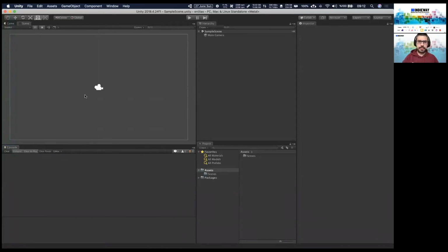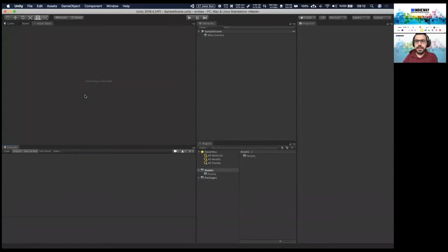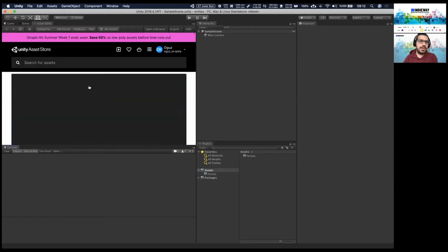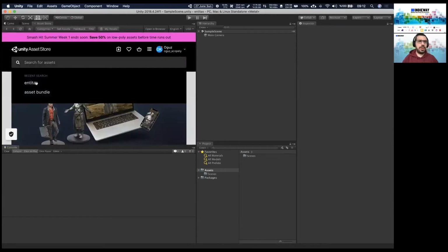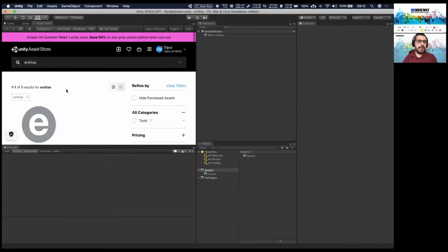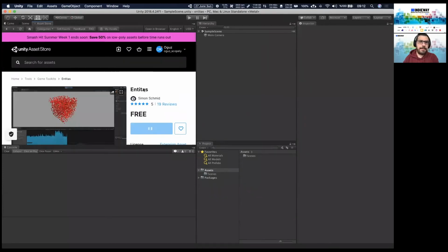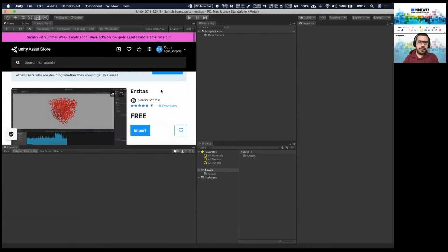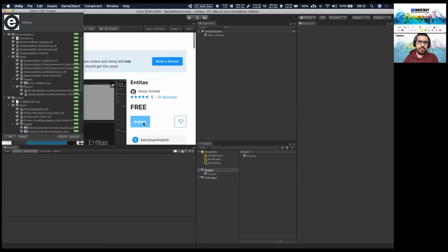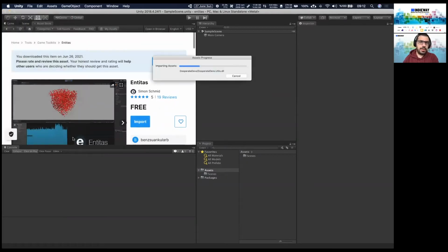So I start the project. It is a blank project. I'll go to the Asset Store. Entitas actually was charging before, but now it is free. There are also the paid versions, but when you just search for Entitas, you will find the free version. I just import it.